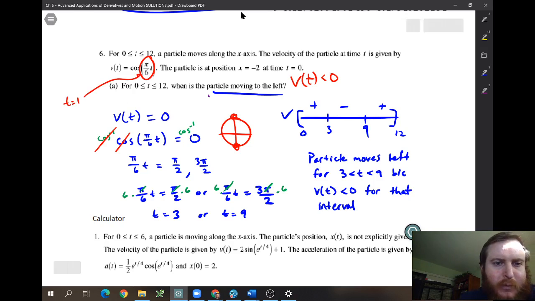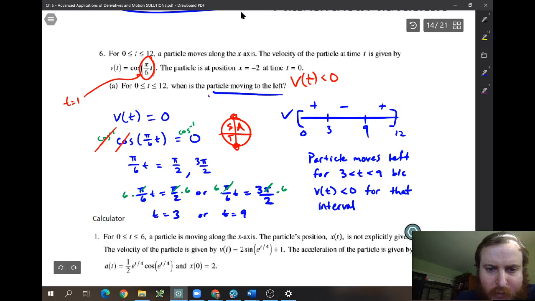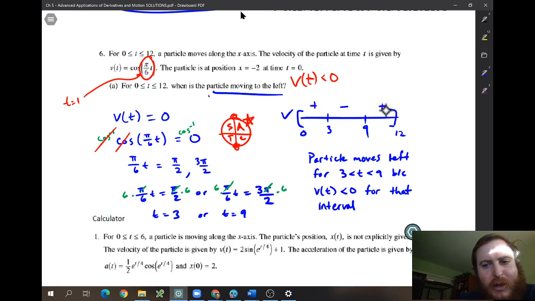over 6. All right, pi over 6 is in this first, right? Like all students take calculus. So it's in this first quadrant where cosine is positive. I don't need to plug in the other ones because I know that it's going to just switch back and forth, positive, negative, positive. So the particle moves left for 3 is less than t is less than 9 because v of t is less than 0 for that